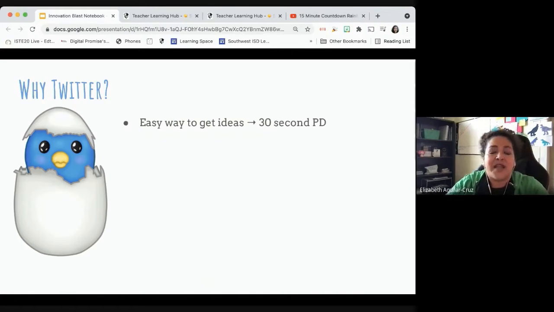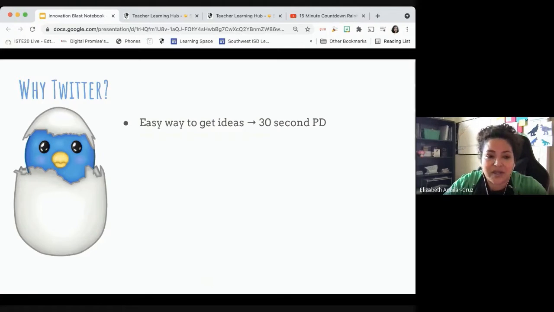So this is the main thing, I think, with Twitter, because it is a great place to be able to share your ideas, okay? And because you're sharing ideas, that means everyone else is sharing ideas too. And if we use this as our professional learning network, it's an easy way to get ideas.